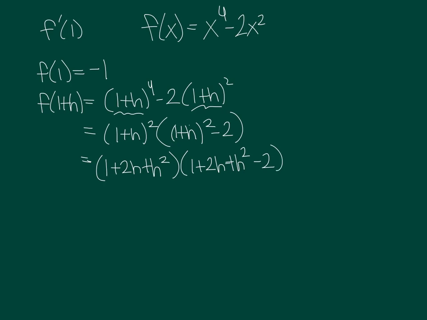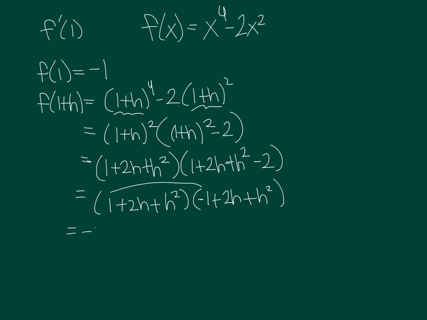minus 2. So what I'm multiplying is two trinomials: 1 + 2h + h^2 times a quantity, 1 + 2h. Oh, I forgot to subtract my 2. Well, that's easy though: negative 1 + 2h + h^2. So let's multiply these trinomials. So 1 times negative 1, oh boy, this is going to be a beast. Negative 1 + 2h + h^2, and now